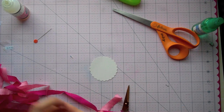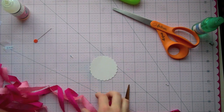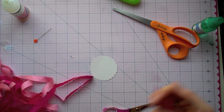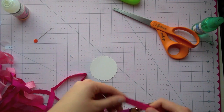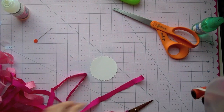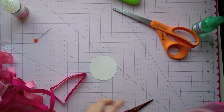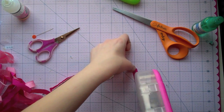Alright, for my last flower, I'm going to be using two different colors of ribbon. This one is the NR20, and this one is EA22, this darker one. And they're both kind of lightweight, and this one is kind of sheer, so that'll make a really cool effect. And what I'm going to do for this one is kind of a ruffled flower. So what I'm going to do is actually put the adhesive on the ribbon itself, and that's what's going to make this flower extra easy to work with. You're not going to have to worry about putting any adhesive on the